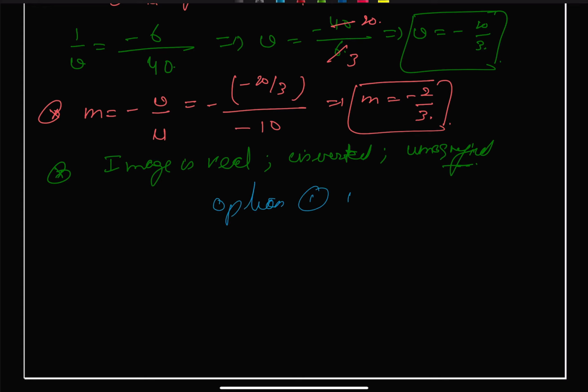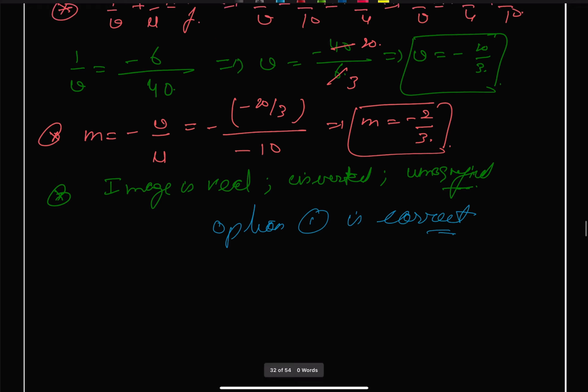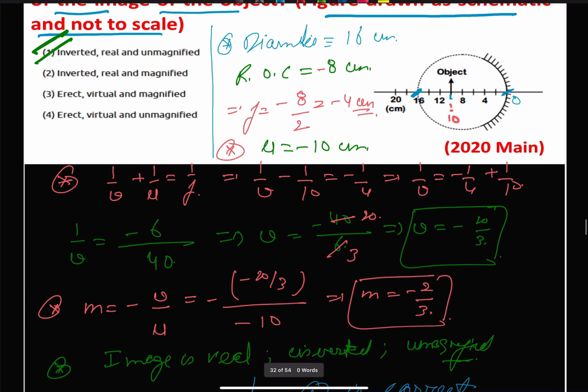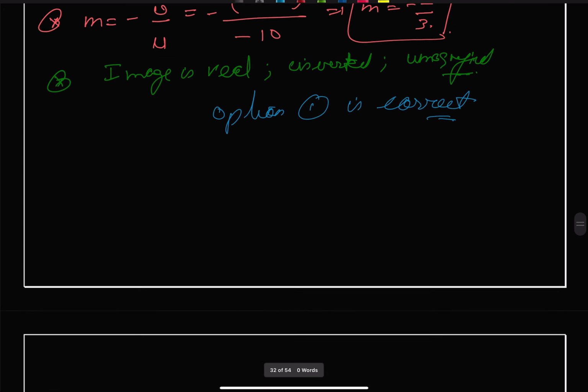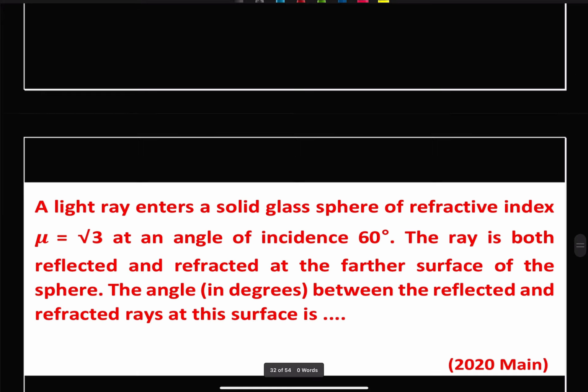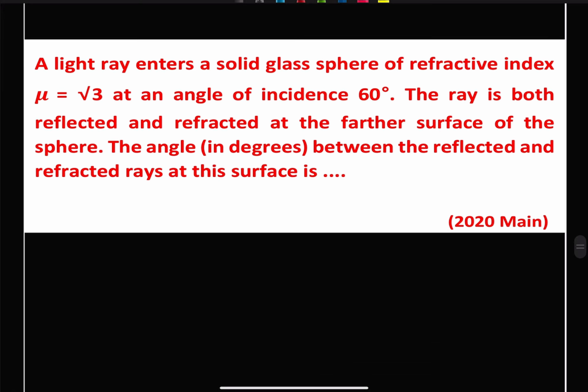Option 1 is correct. Next question. And it states that a light ray enters a solid glass sphere of refractive index mu, that is given as square root of 3,